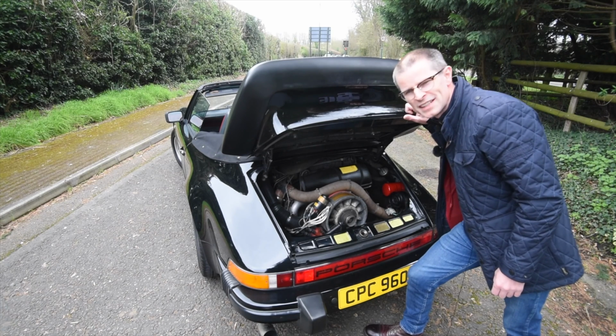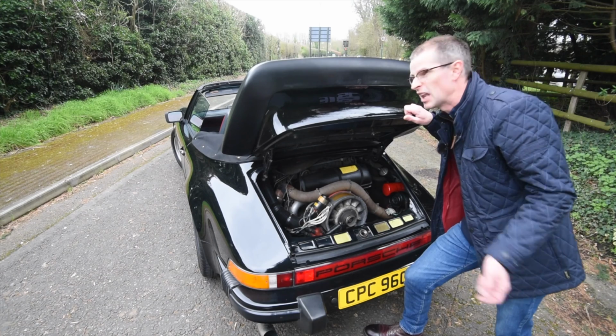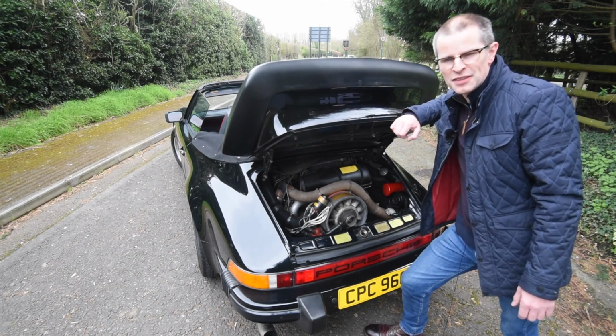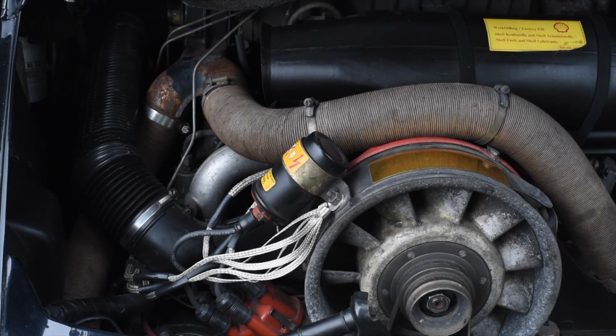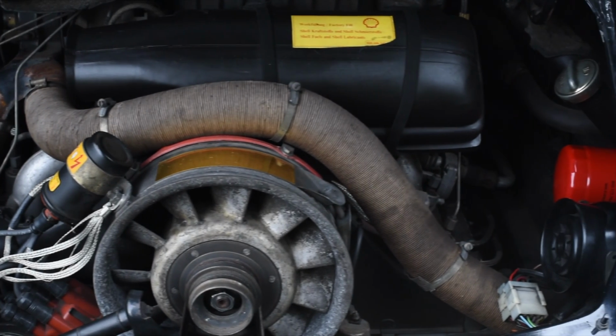Now, with that WizKid and the NSU, I do seem to be doing a lot of rear-engine cars, but this time, instead of saying like a Porsche, I can say on this Porsche. With the end of the Series 1 911 production, Porsche had decided that the old 2.7 litre had gone as far as development would take it, so a new engine was needed, and it was this, the 930,